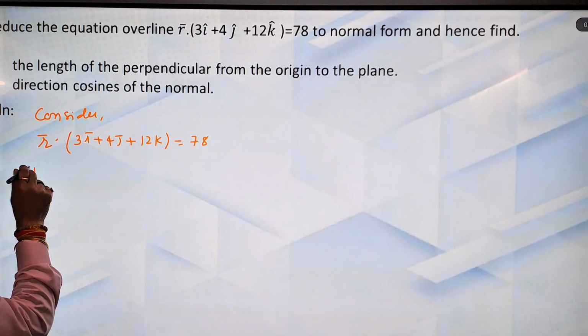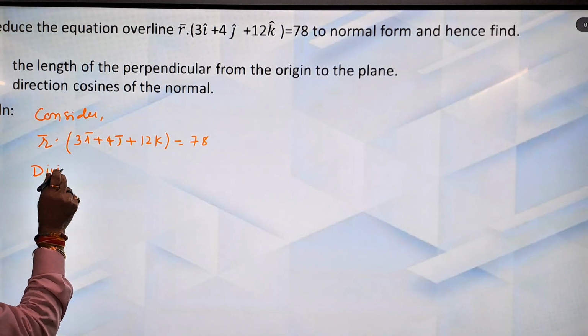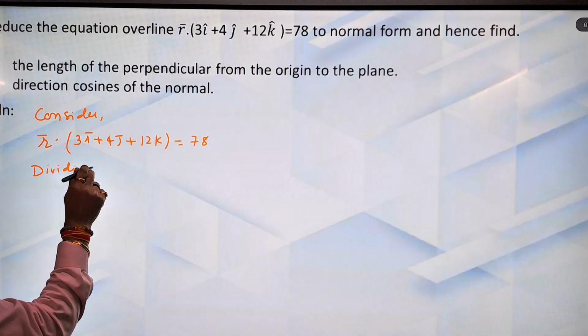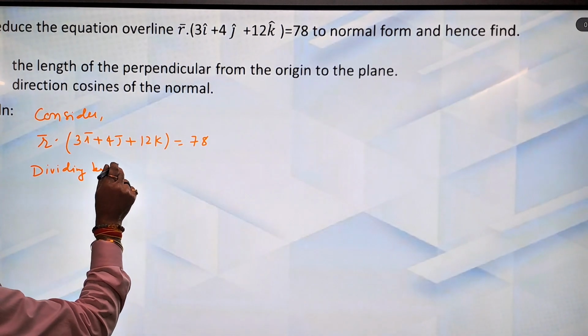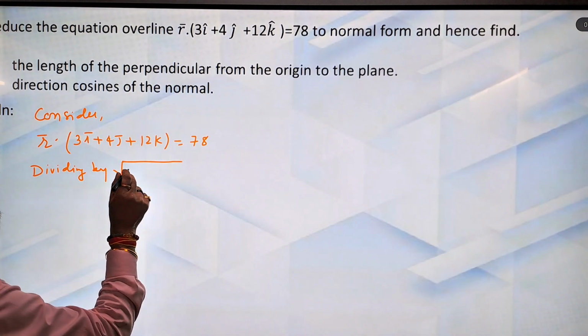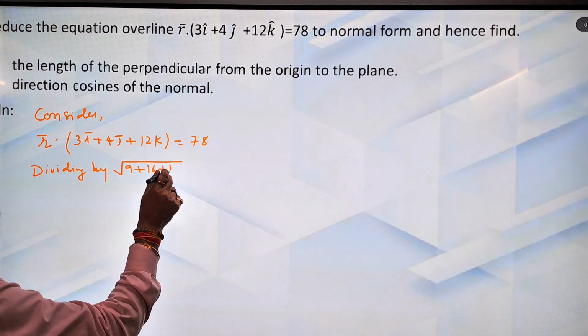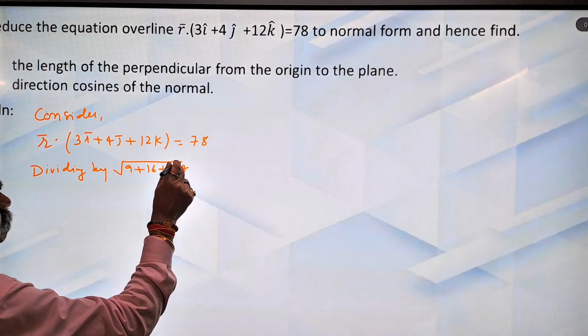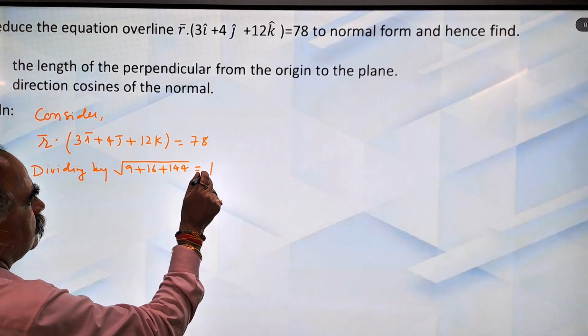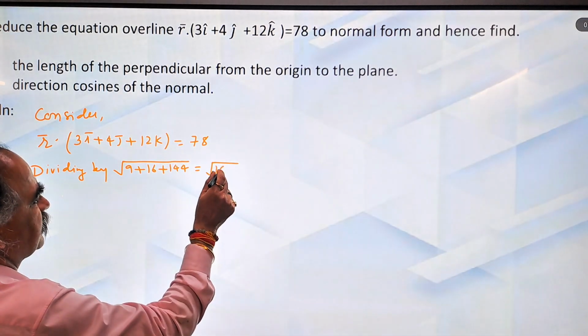Dividing by root 9 plus 16 plus 144, root 169,